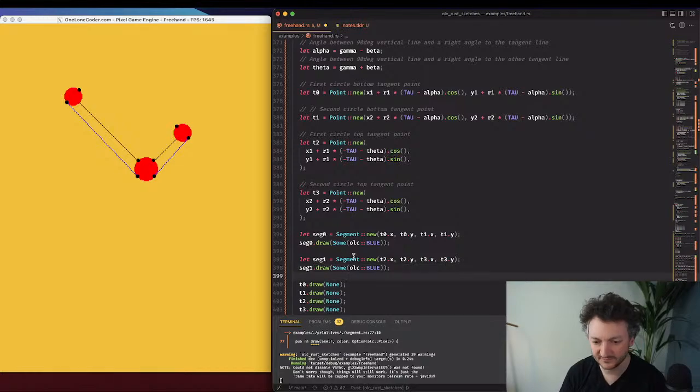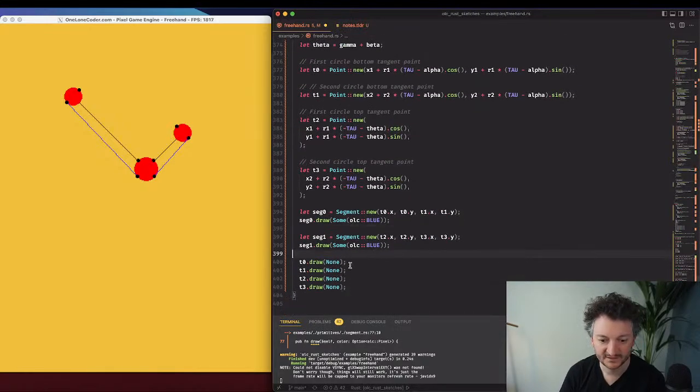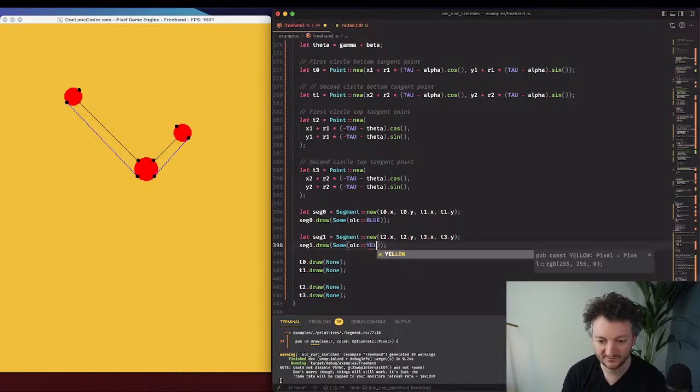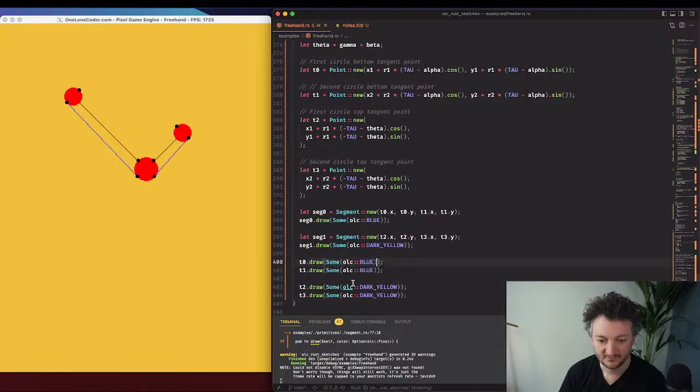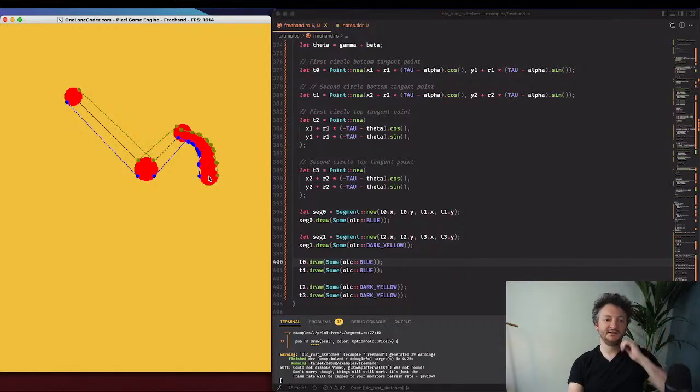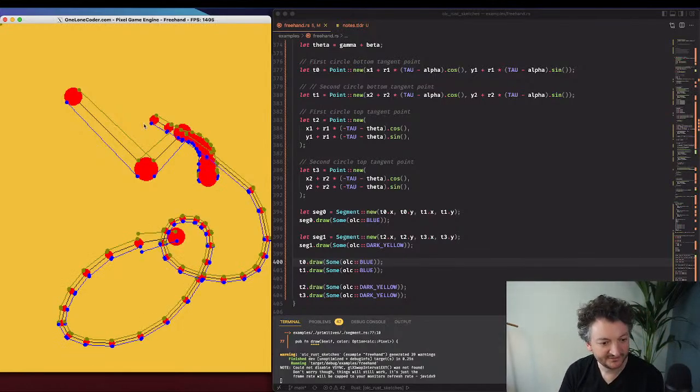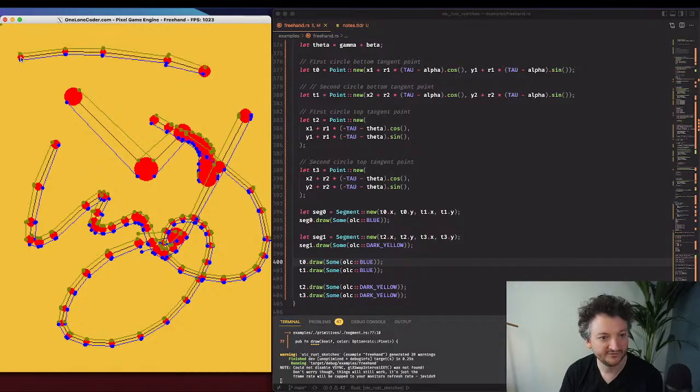Segment has a couple of methods that are implemented, like draw, things like that. I want this to be dark yellow. There we go. Okay. And you can kind of see as I'm drawing that we now have a rough